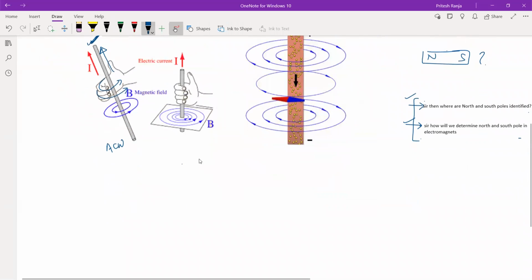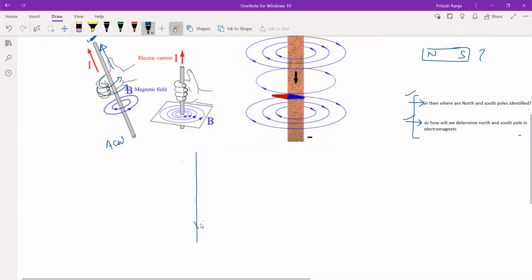On the other hand, let us say this is a wire and that's carrying current in the downward direction. So can you tell what will be the direction of magnetic field lines? It will be clockwise, yes. Just use right hand thumb rule. So right hand thumb rule means now you have to point the thumb downwards. And when we point the thumb downwards, in that case, the magnetic field direction appears to be clockwise.